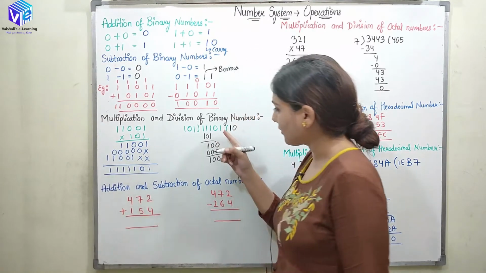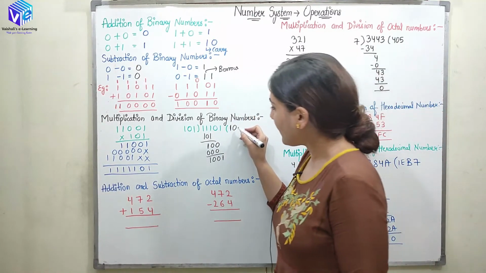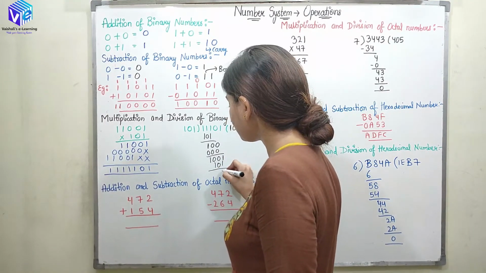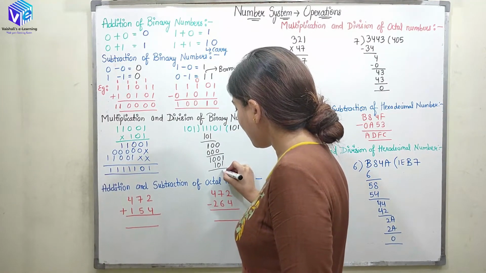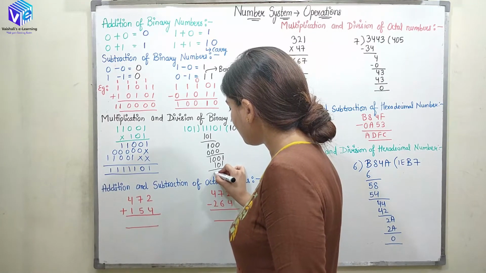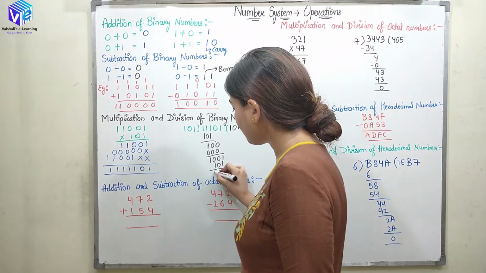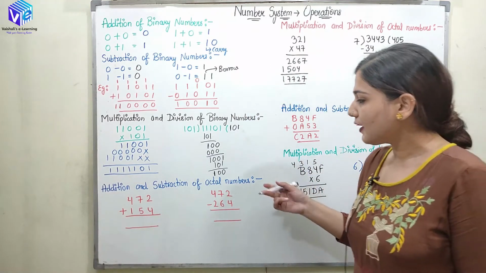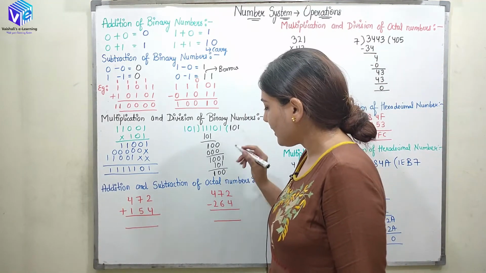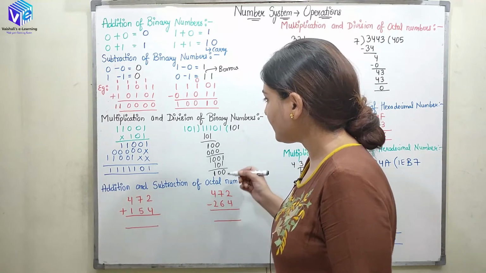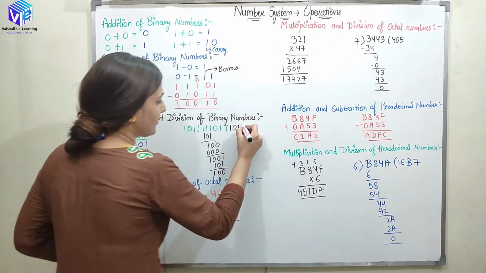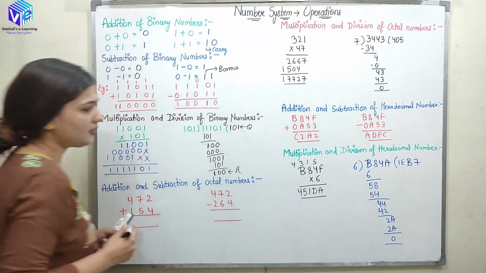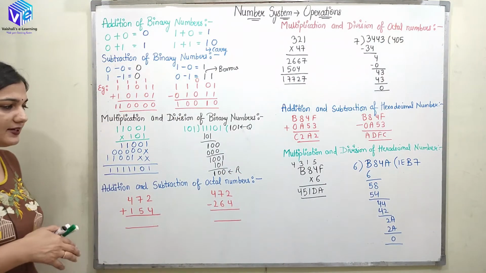Again I will be calling this one down, and now again I will be having 1, so 101. When it is subtracted from this, I will be getting 0, 0, and when 1 is subtracted from 10, I will be getting 1 as the output, right? So now here I will be getting 100 as the remainder and 101 as the quotient. So this is how simply you can do the division as well with the binary number.